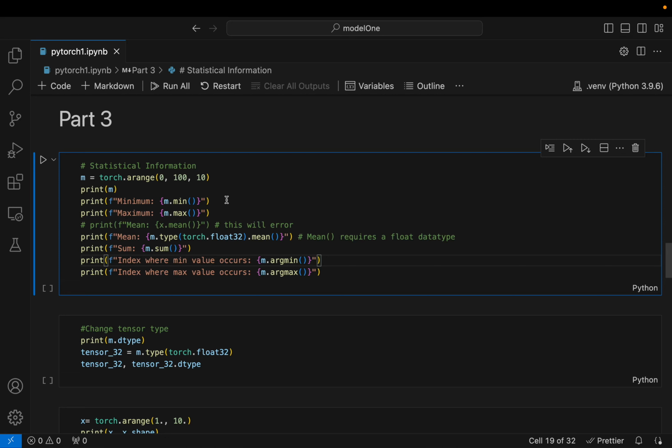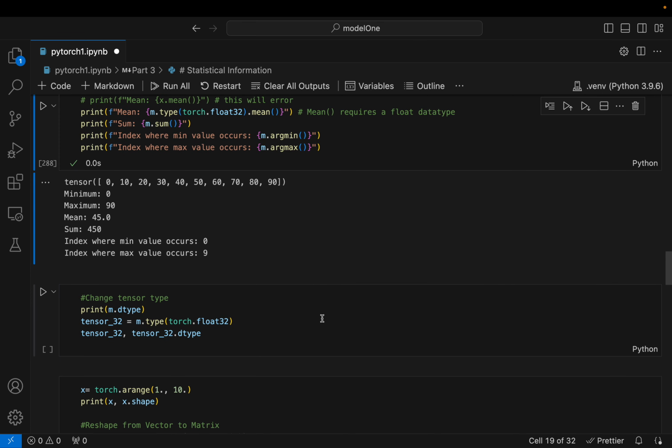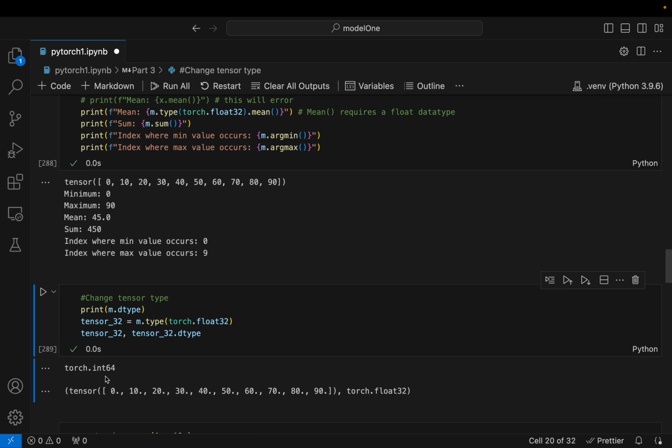My tensor here, and I can find the minimum, the maximum, the mean, the sum, and the index where the min and the maximum value occurs. If I run this here, boom, this is what I get. I can change the tensor type using the type function. Right now I have it as an int64, and I can change it now into a float32 data